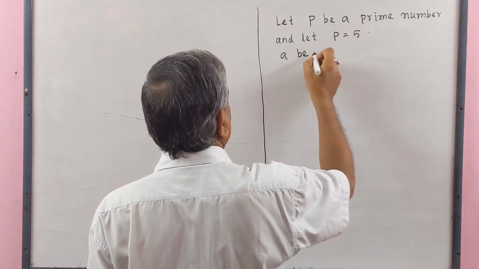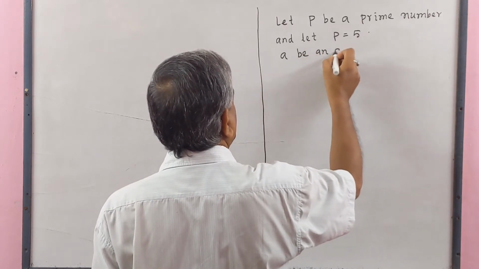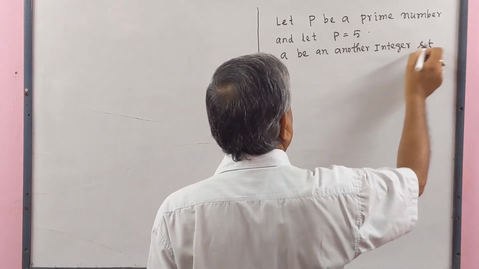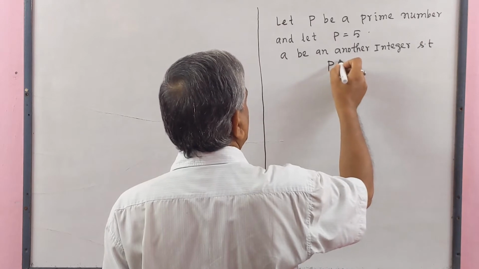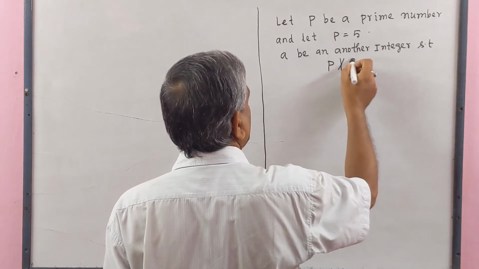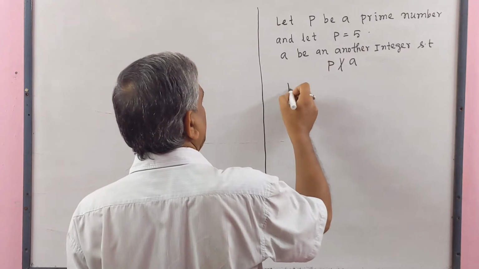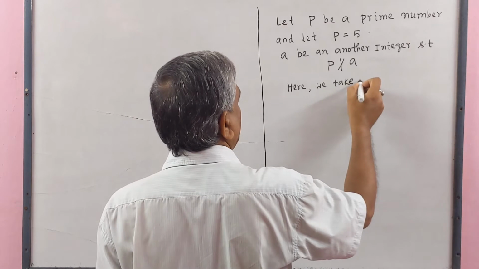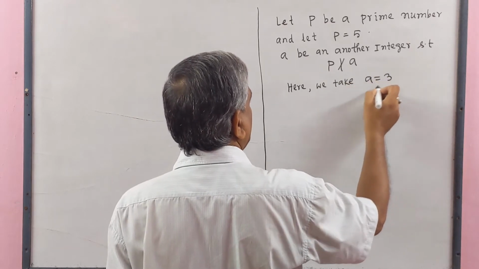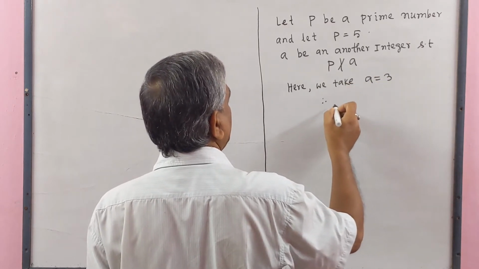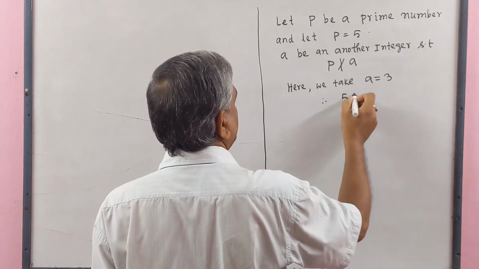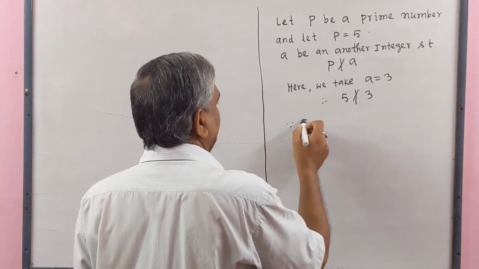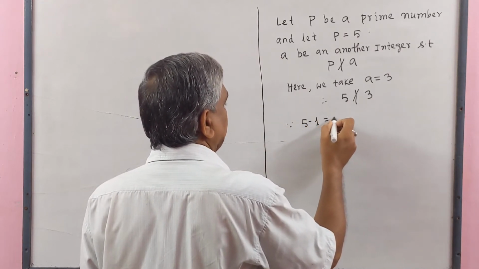A be another integer such that P does not divide A. Here we take A equal to 3. Therefore, 5 does not divide 3. Since 5 minus 1 equal to 4,